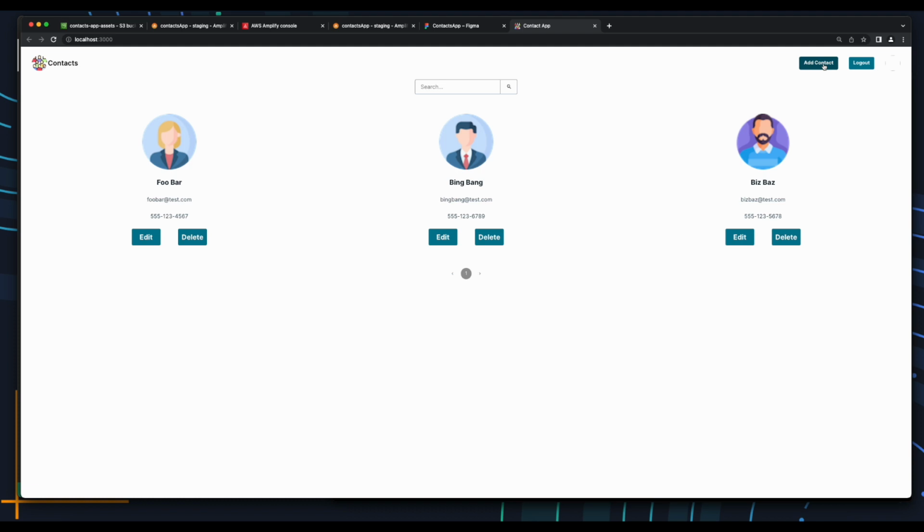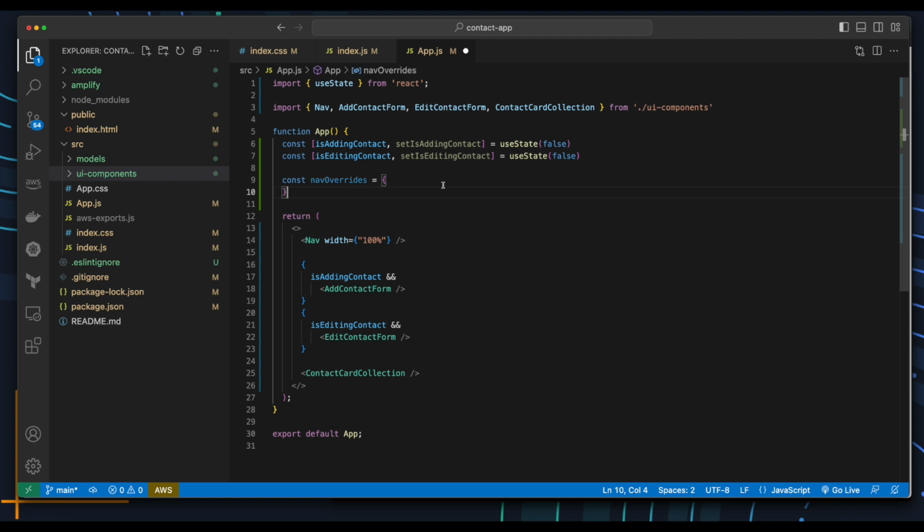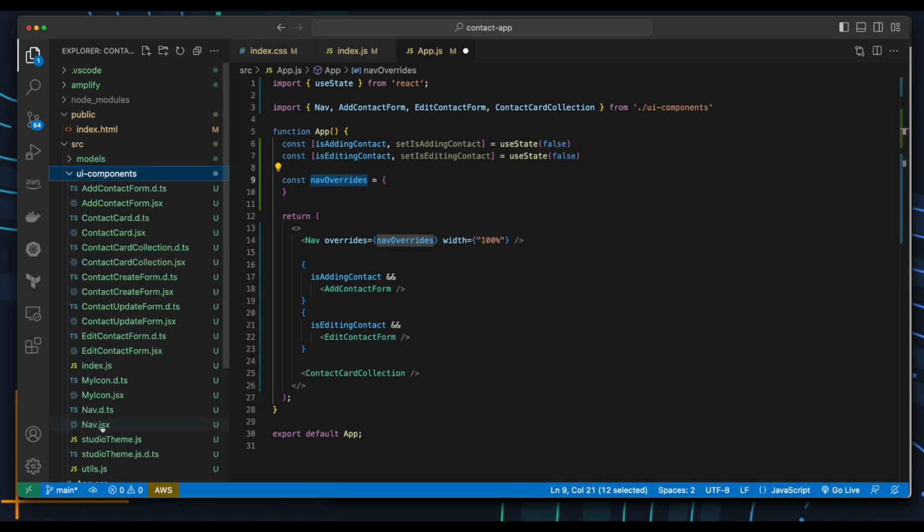So let's jump into the code, and I'll create a constant named nav overrides. And this will be used as the value of a property which is passed into the nav component. And what the overrides allows us to do is override default behavior for elements in the component. Now, if we go over to the UI components folder and expand it, and then find the nav.jsx file